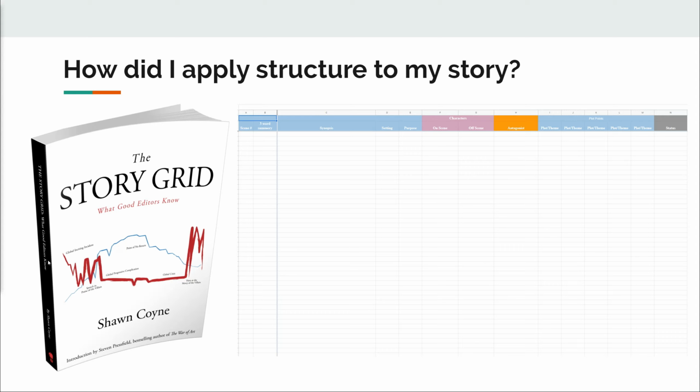And one of the byproducts of me doing all that research and basically shoving all these books into my brain is that I got into really spreadsheeting my stories out. There's a joke, if you're new here on my channel, where if it can be done, I probably have a spreadsheet for it. Yeah, and the spreadsheet syndrome, if you want to call it that. I started really getting into spreadsheets when I read The Story Grid by Shawn Coyne. And the reason I got really into that is because it really helped me to break down every element of the story. And I know some of you are really intimidated by doing something like that.